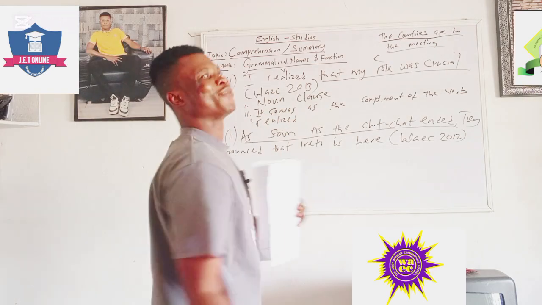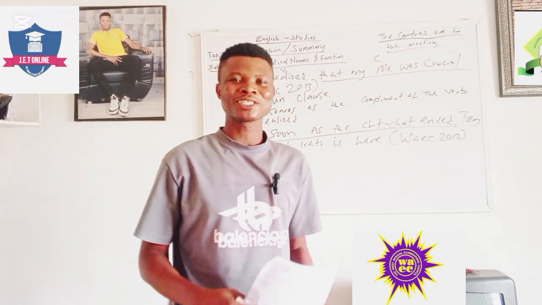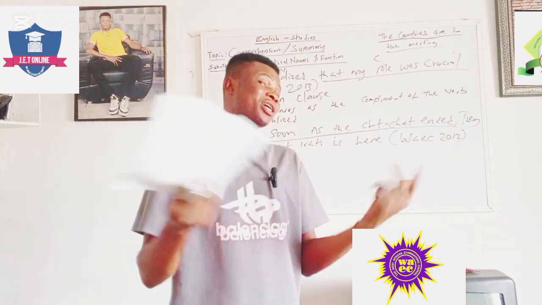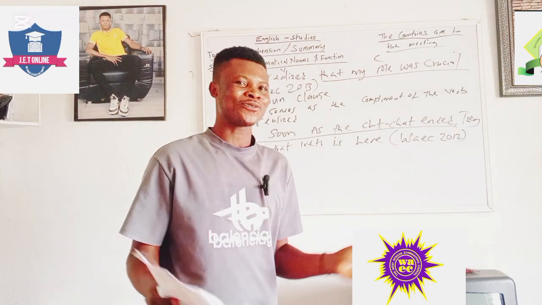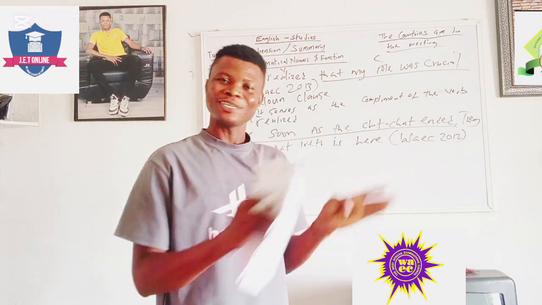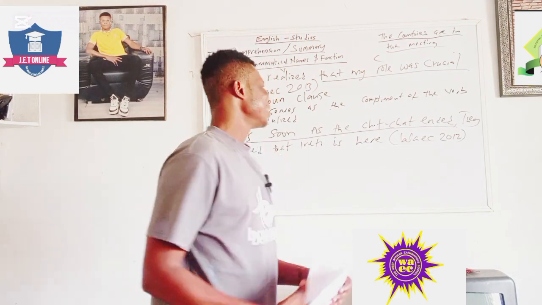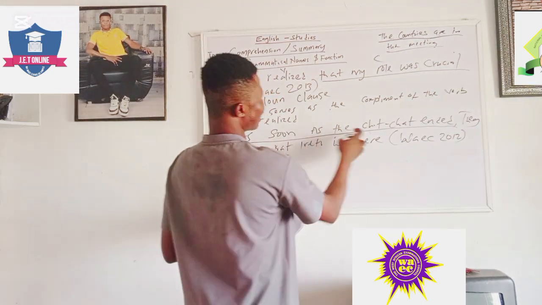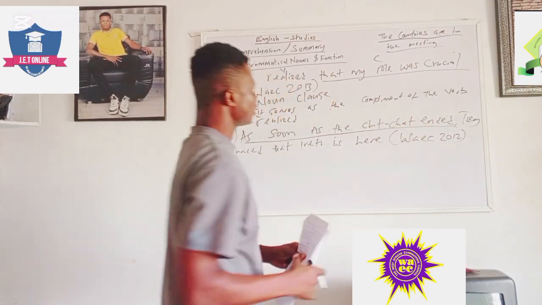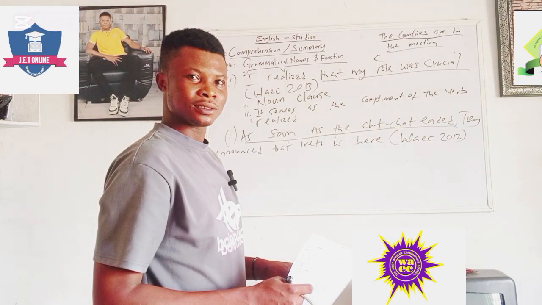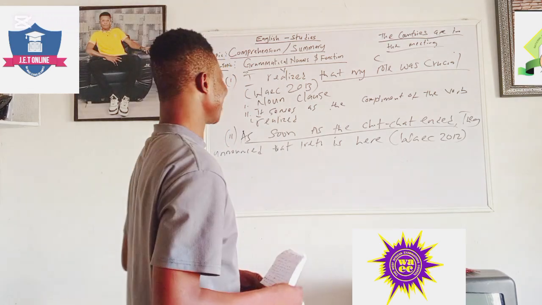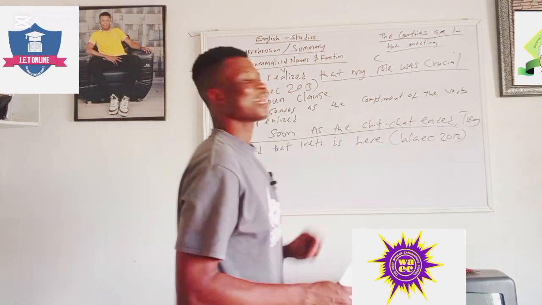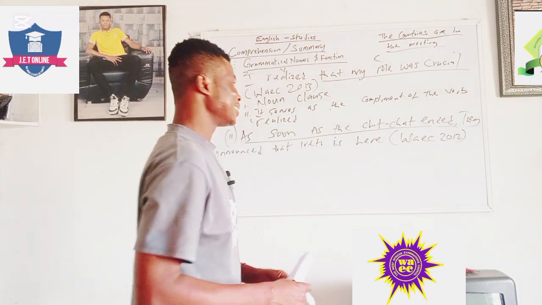So grammatical name and function is not something so difficult to answer. I can even answer a question on grammatical name and function without reading a passage. Why? Because you look for the expression and discover if it is a phrase or a clause. Then you discover what type of phrase or clause it is. Now, number 2, as soon as the sheet chart ended. Is it a clause or a phrase? It is a clause. Why? There is a finite verb here, which is ended, a past form of end.